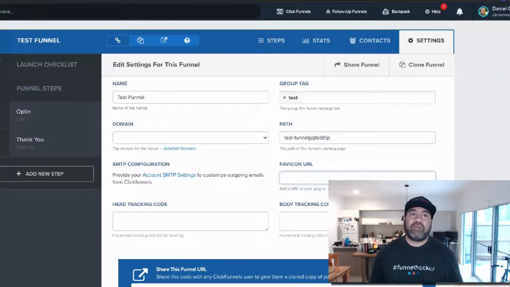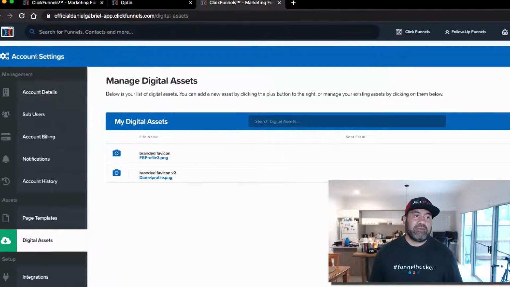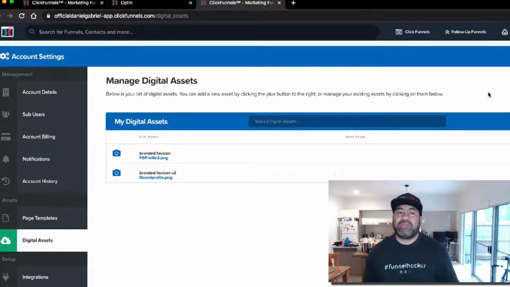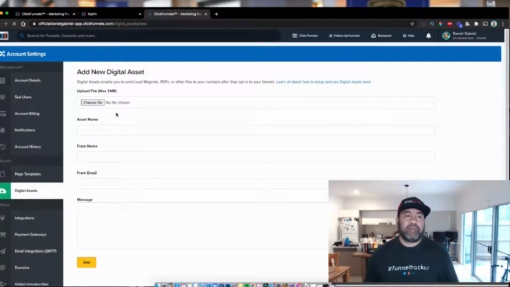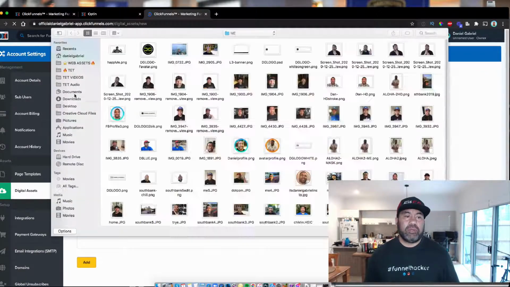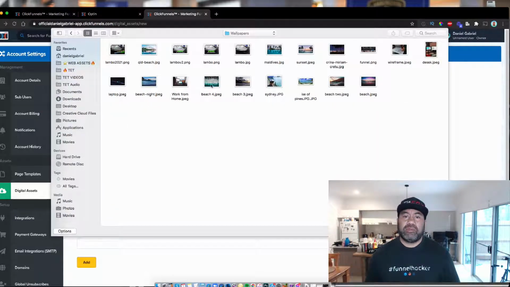So you have it in your back office, which is the accounts area. You go to your account settings, go down to digital assets, and add a new asset. As you can see, I have a couple here just for my own branding, but to show you, you go to new asset, choose a file, and pick an image. So we go to wallpapers, and if you just wanted that particular image, this one,